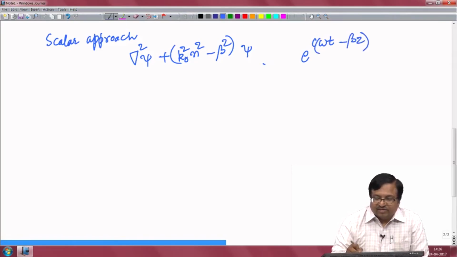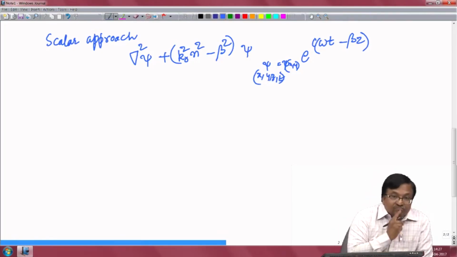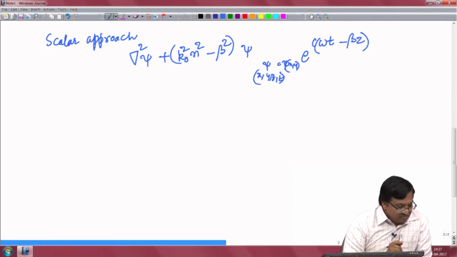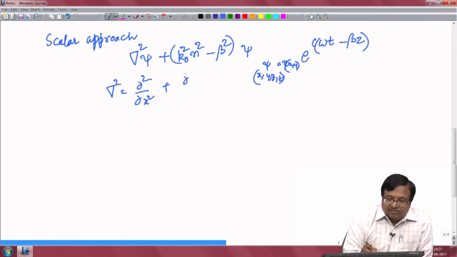All the fields psi have been assumed to be a function of only x comma y, rather than x comma y comma z comma t. Here the transverse Laplacian is given by del square with respect to x square plus del square with respect to y square,